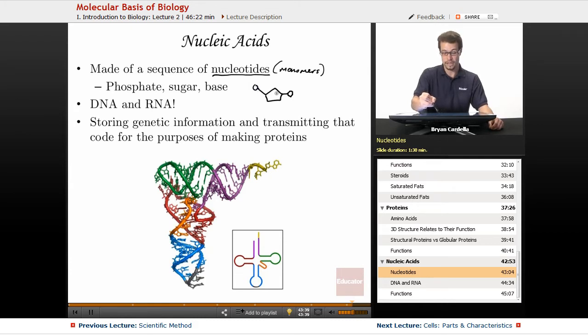The sugar, which if it's DNA, it's called deoxyribose. If it's RNA, it's called ribose. It's a 5-sided pentose sugar. And then a base. The different bases, nitrogenous bases, whether they're A's, G's, C's, or T's, you may have heard about those before. These make up the genetic code in terms of the sequence of them in the polymer of